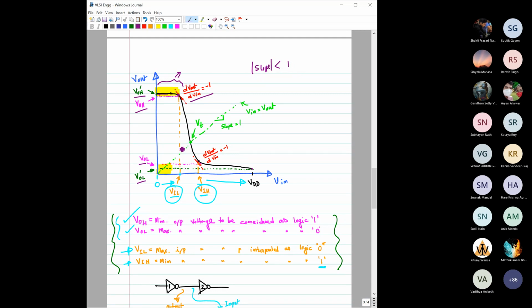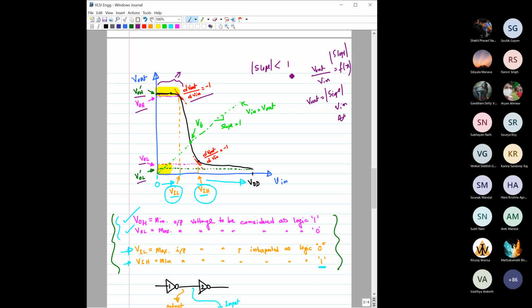Okay, so if you now put any change in this input, right? VTC is basically this output versus input, right? So say this is that function. V output versus V in, this is basically the mod of slope. So any change in this input side, maybe due to noise, okay, if the